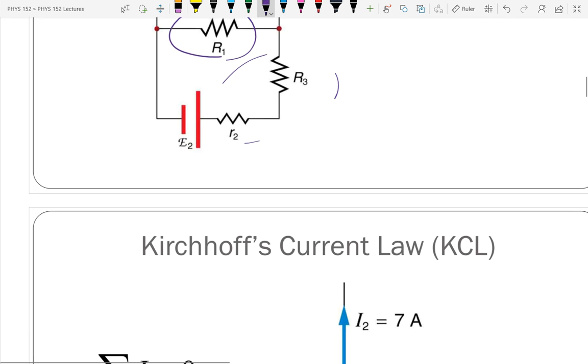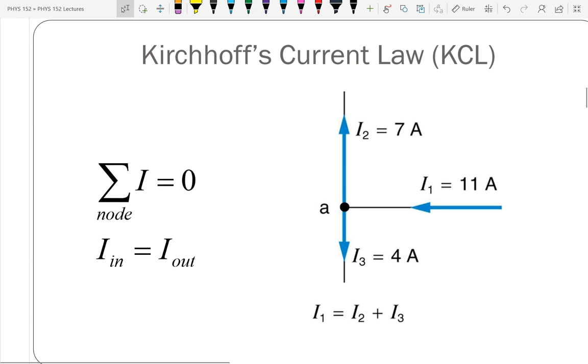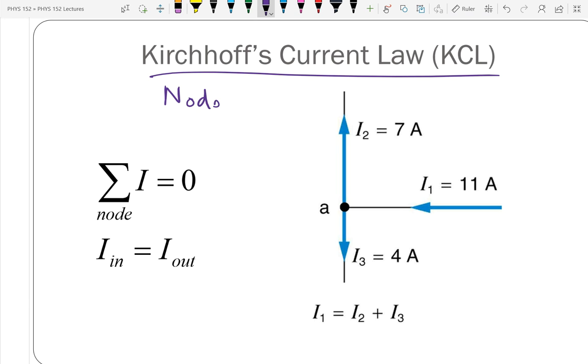Kirchhoff came up with two laws, and he's like the ultimate genius because he came up with two laws that are simple restatements of things that everyone should know. We have two clicker questions. The two clicker questions are about these two laws. So the first law, called Kirchhoff's current law, or the KCL, some people also call it the node law,